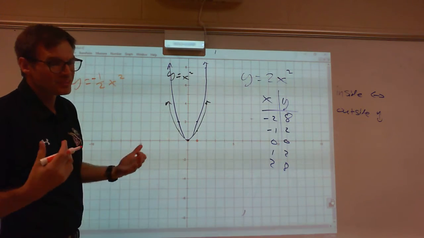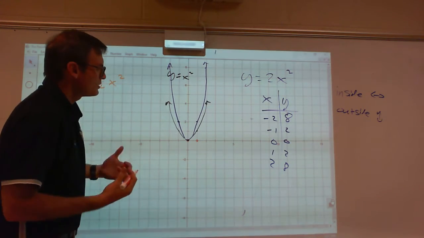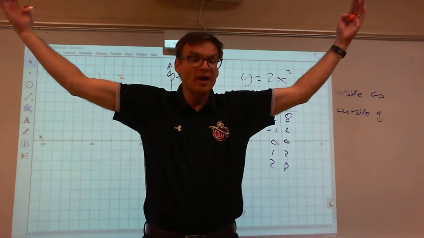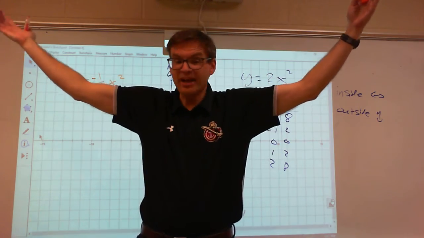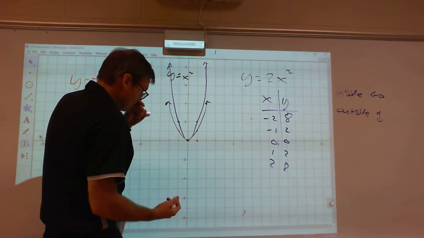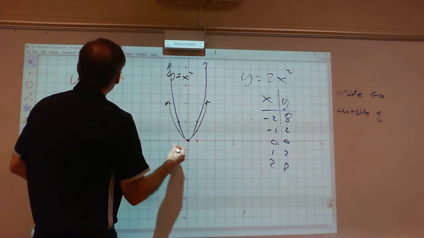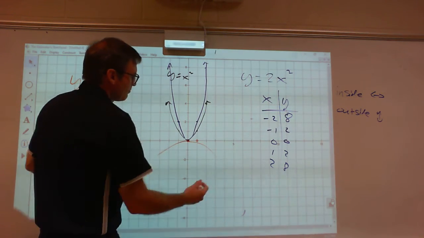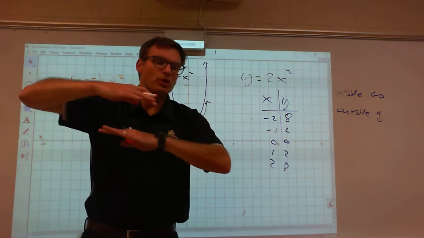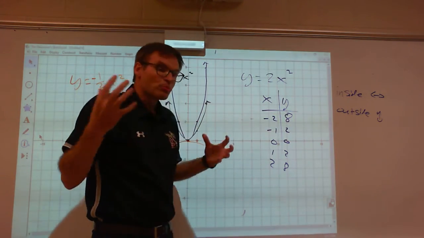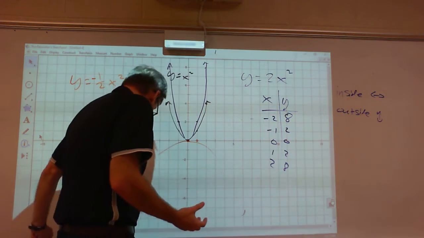Well, if it's a -1/2, what's going to happen is my parabola is going to get squished, but because it's negative, that negative on the outside flips it down. So I end up with a parabola that's down and fatter because it's been squished. All right? Now, to put all of this together,